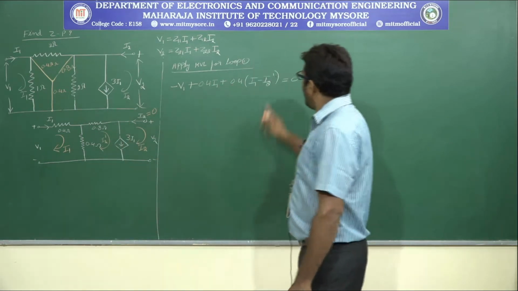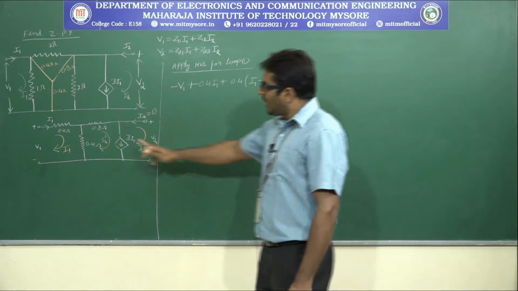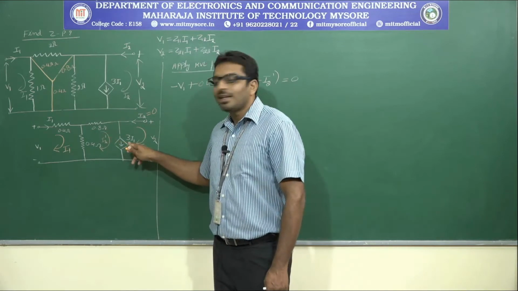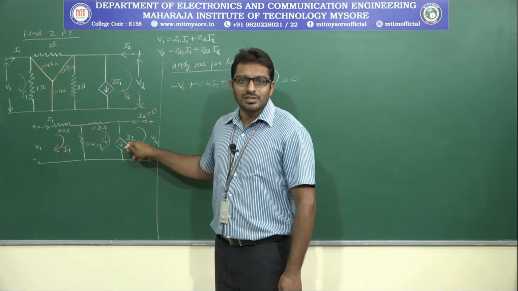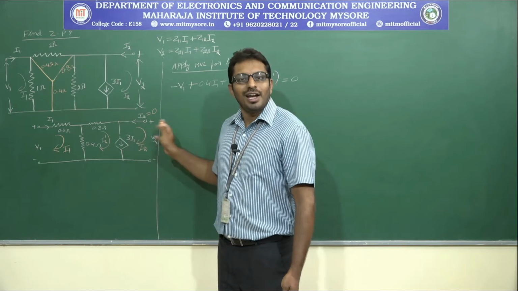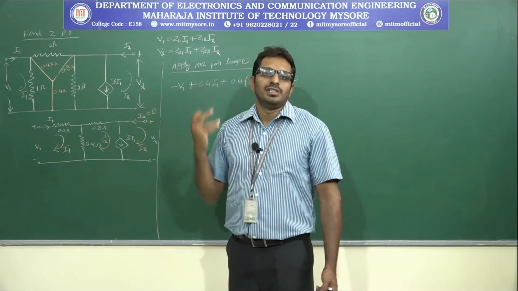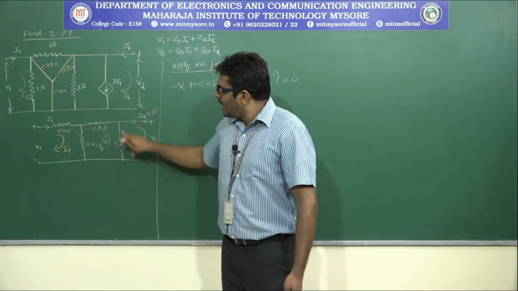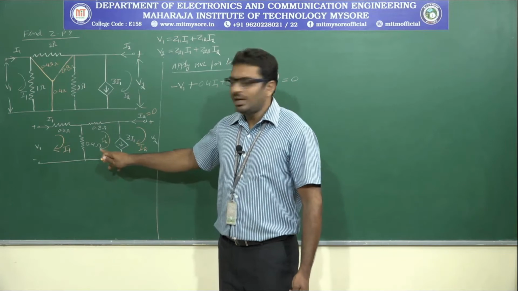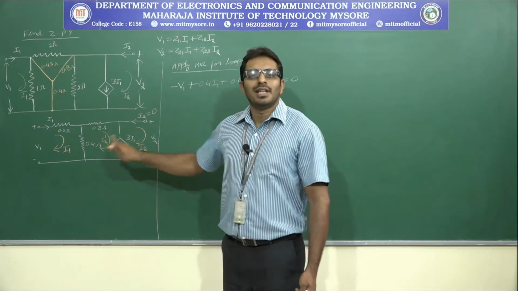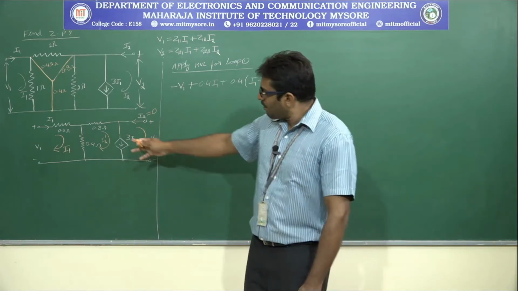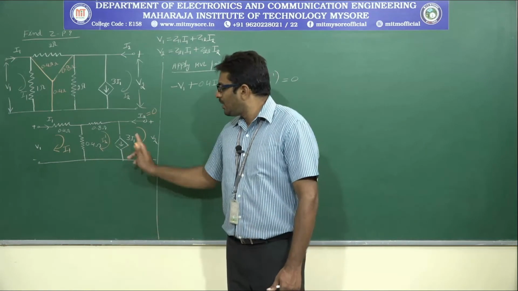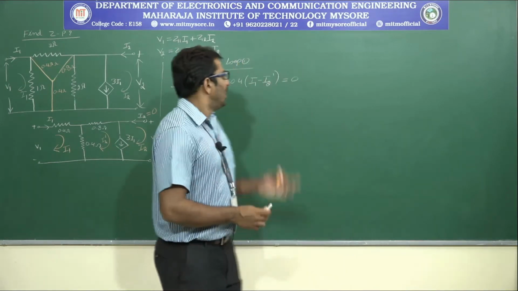Okay. Therefore, I2 dash is nothing but the current in the second loop, right? Now, the one and only current flowing in the second loop is 3I1, because there is no contribution of the I2 current, since I2 itself is 0, because the output port is open circuited. Therefore, the current in this loop is 3I1, but we represented this loop current as I2 dash, right? I2 dash is nothing but 3I1. Is that clear? Now, let me substitute.